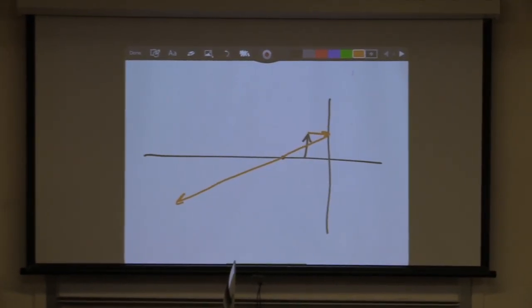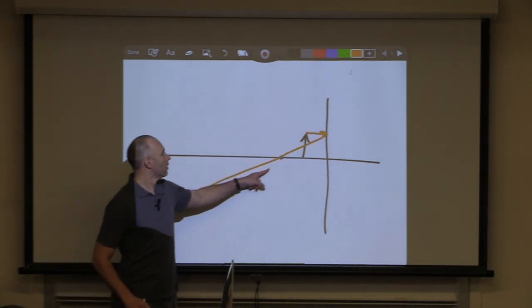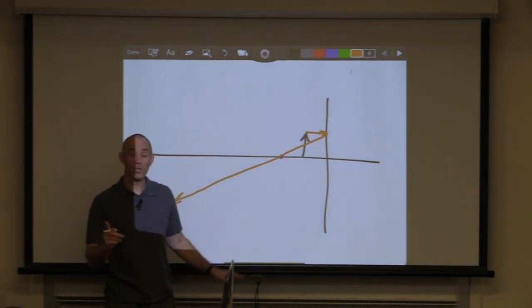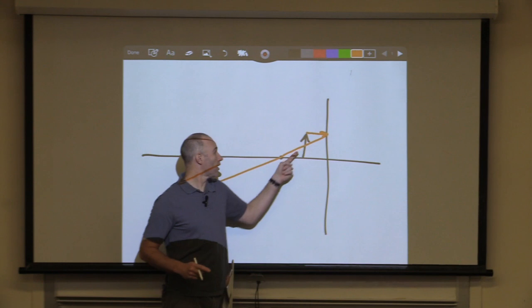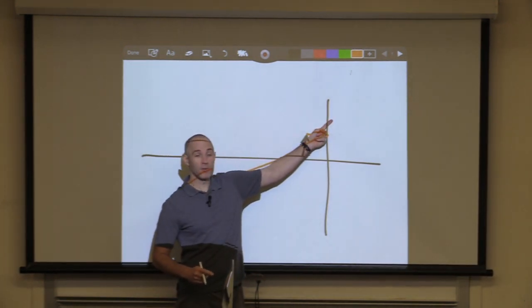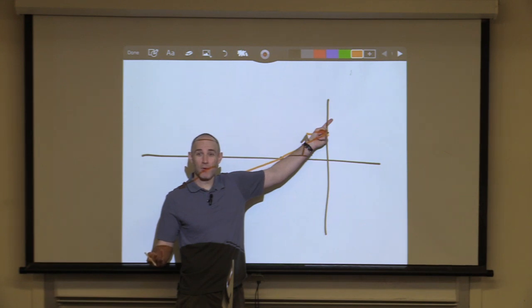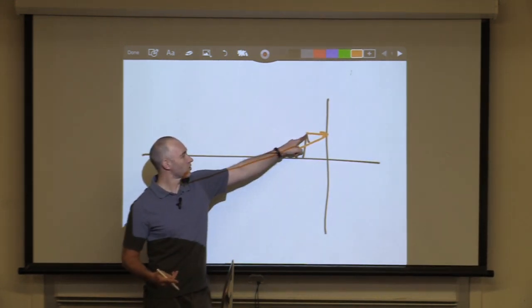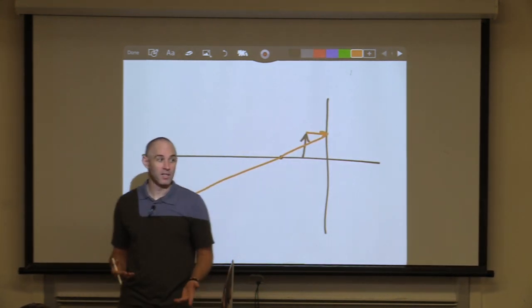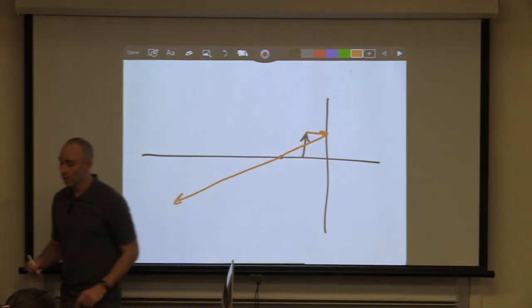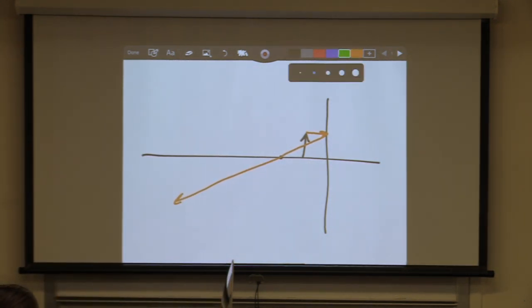I can't make one that goes through the focal point because it won't ever hit the mirror. But what I can do is say, what if it's coming from the direction of the focal point and continues out? That's on the same line, as if it was coming from the focal point. Since straight lines are straight lines, it's no different than if I put the source at the focal point. So I can trace it backwards. I'll make it a different color just so you can see it. It continues on, and it's going to behave as if it came from the focal point, which means it's going to leave parallel.